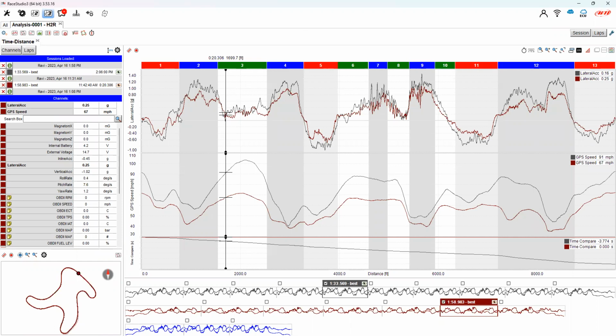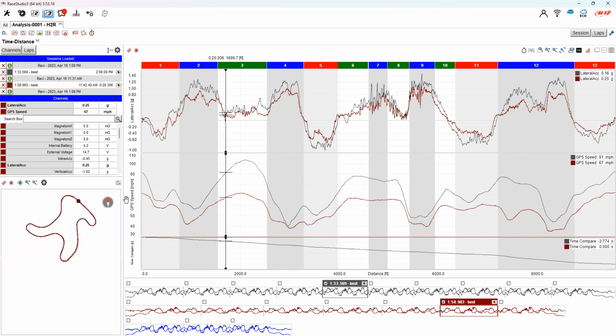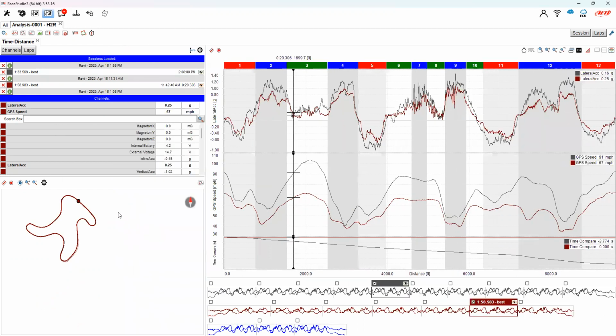So the data fields that we're taking a look at right now are the lateral acceleration, which is how hard you are cornering and how much grip you're generating in the car, as well as the speeds that you're achieving in the car. And we've got a nice track map here in the bottom left-hand corner that will show you where we are on the track when we are seeing these figures. I'm going to go ahead and expand this a little bit and then walk you through a little more of the detail on what I'm showing here in the data